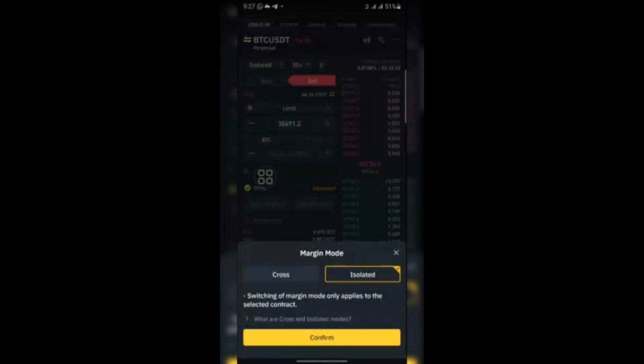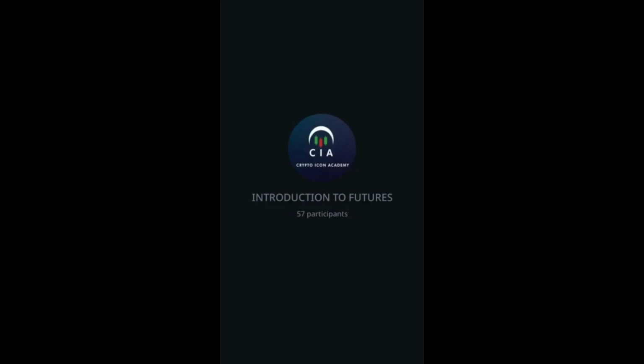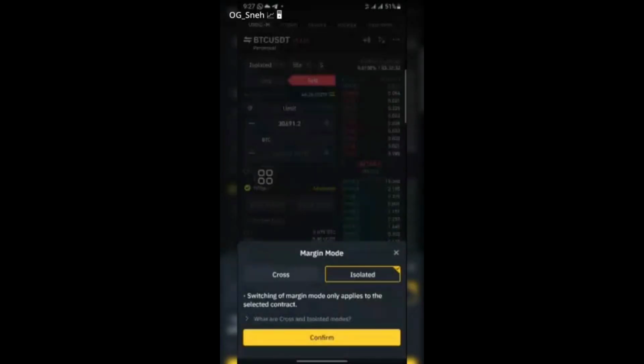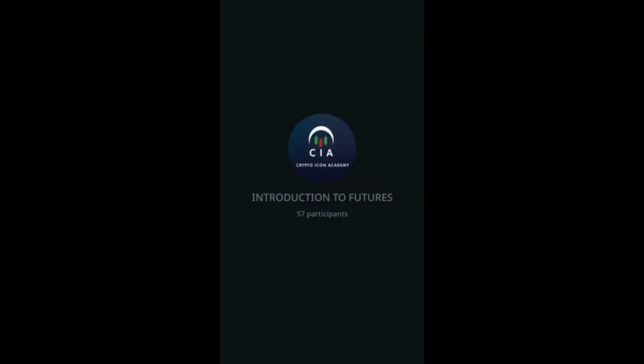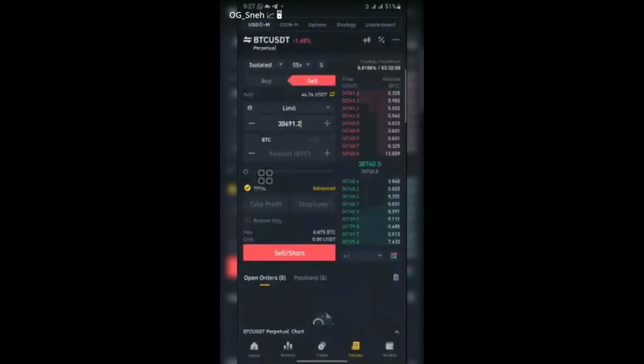We have two types of mode: isolated mode and cross mode. Now, who are the people that use cross mode? Who are the people that use isolated mode? Small traders like us use isolated mode, and I will advise you all to be using isolated mode. Isolated mode is for people with small accounts, while cross mode is for people with bigger account sizes, mostly market movers. Do you understand? So now, isolated mode. What's the difference from cross mode?